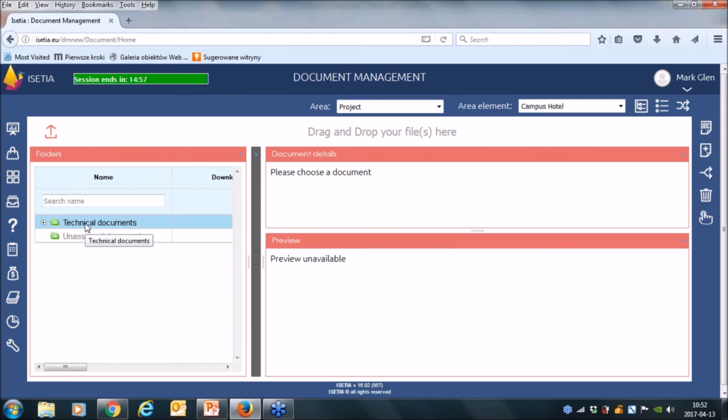We can make some structures for documents, make some folders. So we can have technical documentation, architecture, construction. So this is the way how you can organize folders.